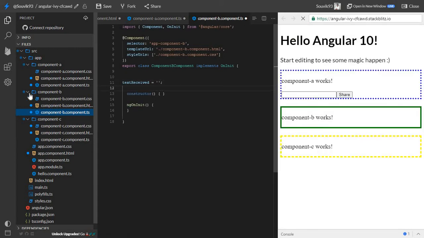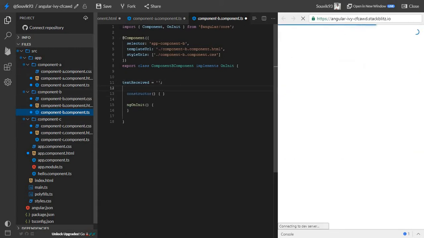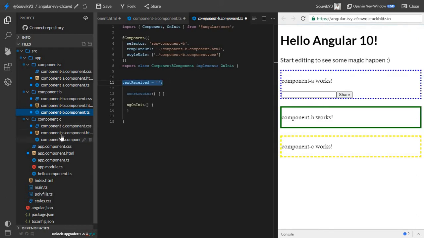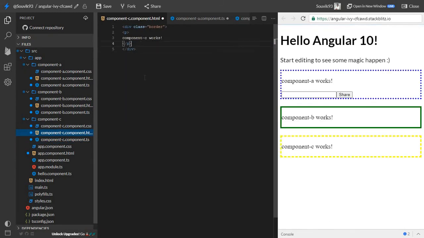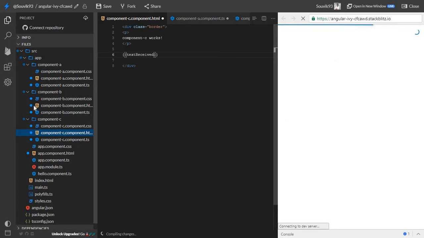Now I will do a similar thing for component C also. You can give it any name; you don't need to provide the same name. I'll use textReceive, and let me do interpolation here also. I want to show the message.